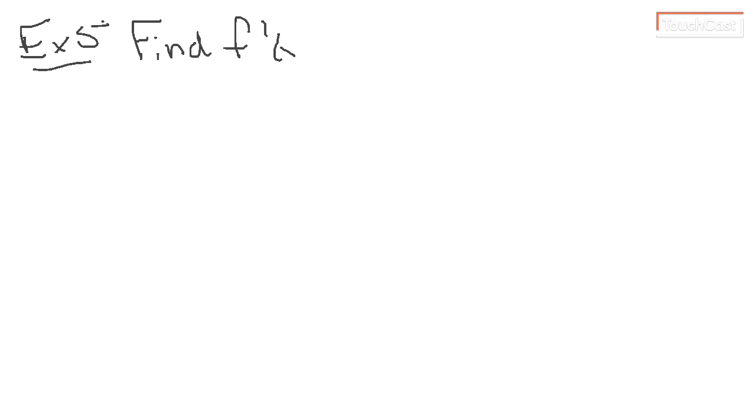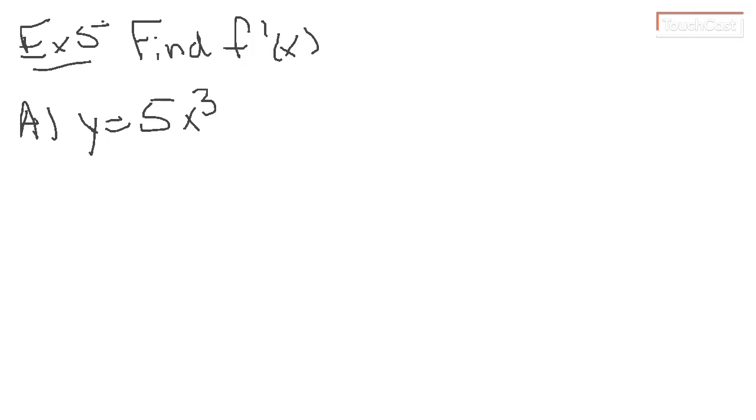So continuing off the last example in the last video was example 4, this will be example 5. We're going to find f prime of x. We're just going to find the derivative. It could be y prime, t prime, whatever the function is. We're going to look at multiple examples of this, though. So the first one, we'll call it 5a. We're going to look at y equals 5x